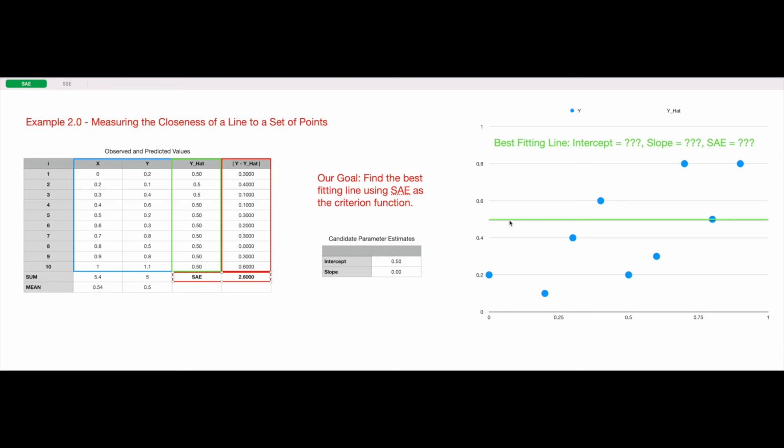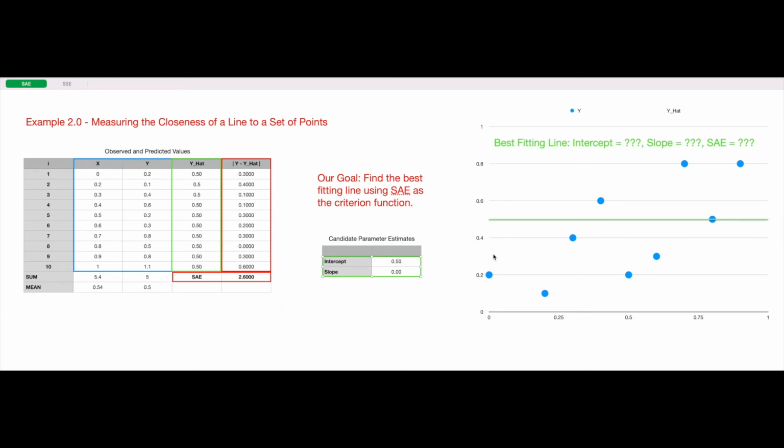Now the parameters in this line, the green line, are contained here in this little table, the candidate parameter estimates. And because the line is green, I'll use a green box to outline the slope and the intercept for the candidate line. So again, the goal is to find the best fitting line using the sum of the absolute errors as the criterion function. We're going to optimize SAE, and what that means in this case is we're going to at least try to find a line that minimizes the sum of the absolute errors. And so what we need to do here